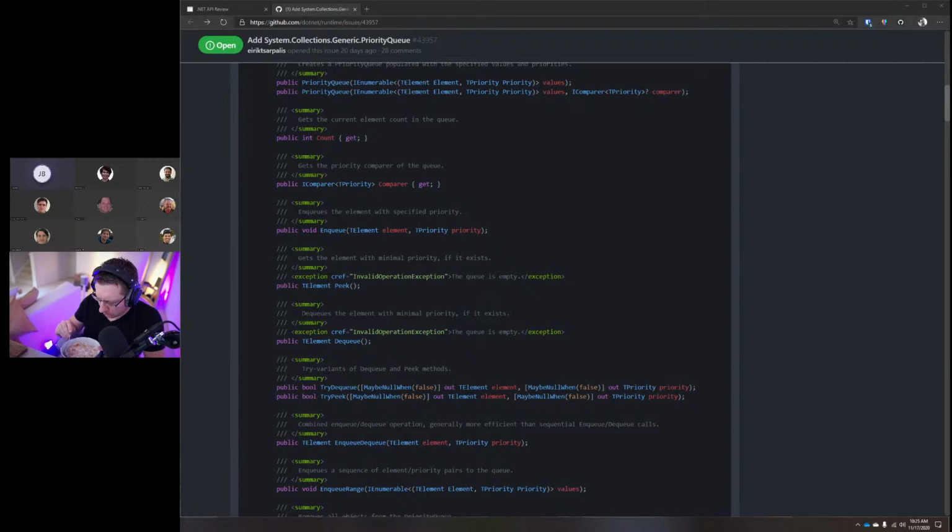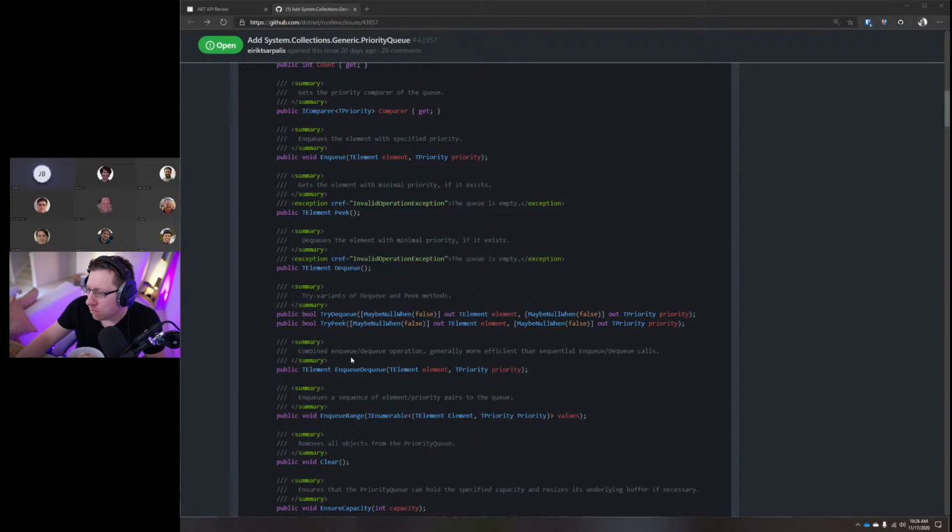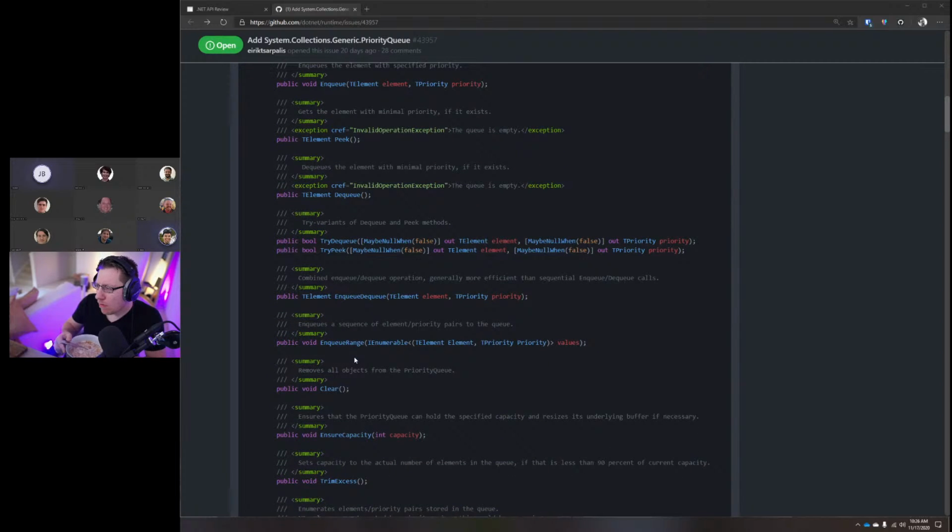And if people complain, we can always add the overload that discards for them later. Cool. Then there's the enqueue dequeue operation that basically implements what is otherwise known as push pop, which does what the name says. It pushes and pops. So it removes the minimal element from the queue and inserts the one that you provide